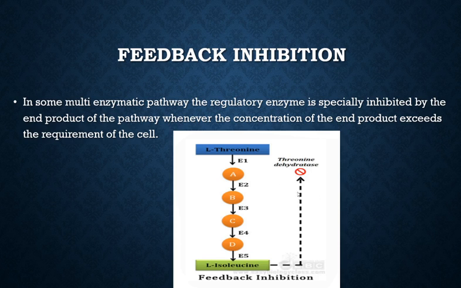dehydratase. So it blocks it first. After blocking this, the whole process will halt. So this is the feedback inhibition process in some multi-enzymatic pathways, where the regulatory enzyme is specially inhibited by the end product of the pathway whenever the concentration of the end product exceeds the requirement of the cell. So it's a type of allosteric regulation, or as I have already said, heteroallosteric regulation, where the end product acts as an allosteric modulator. Okay,